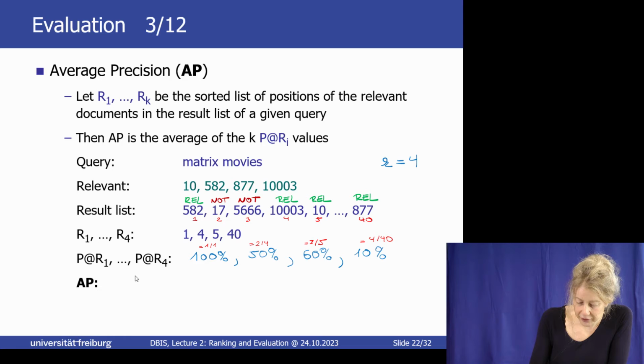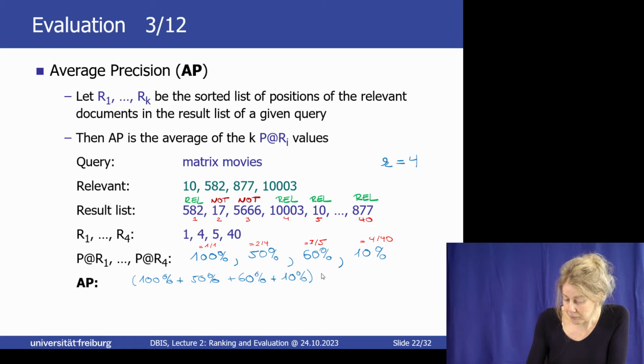So in this case, let's write it down, 100% plus 50% plus 60% plus 10% divided by 4, and that is? First the sum is 220% divided by 4, which is